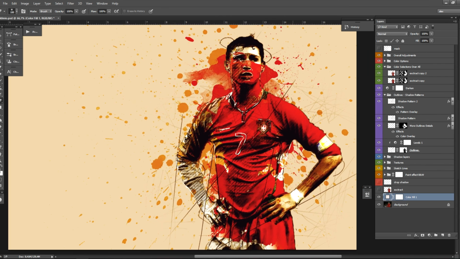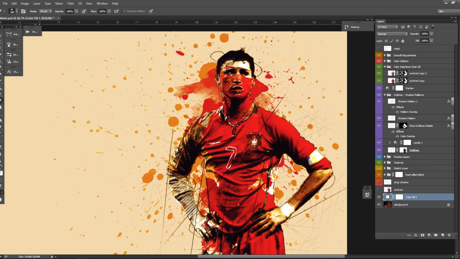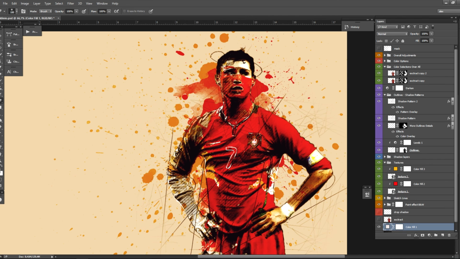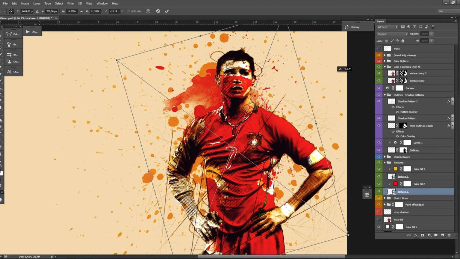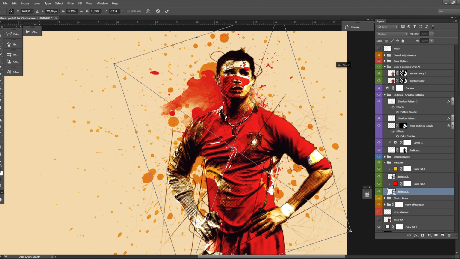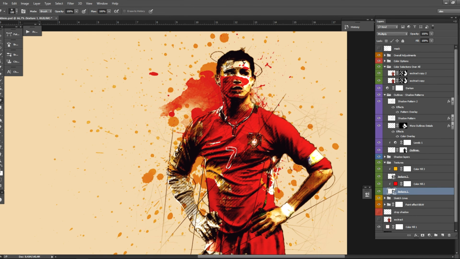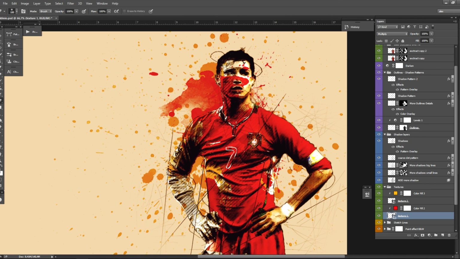I will leave this color because I like it. Now I have a lot of texture color on his face, so I will transform it a bit. I will take it somewhere I like it more. Play with the patterns you have and create the style on your image you like.